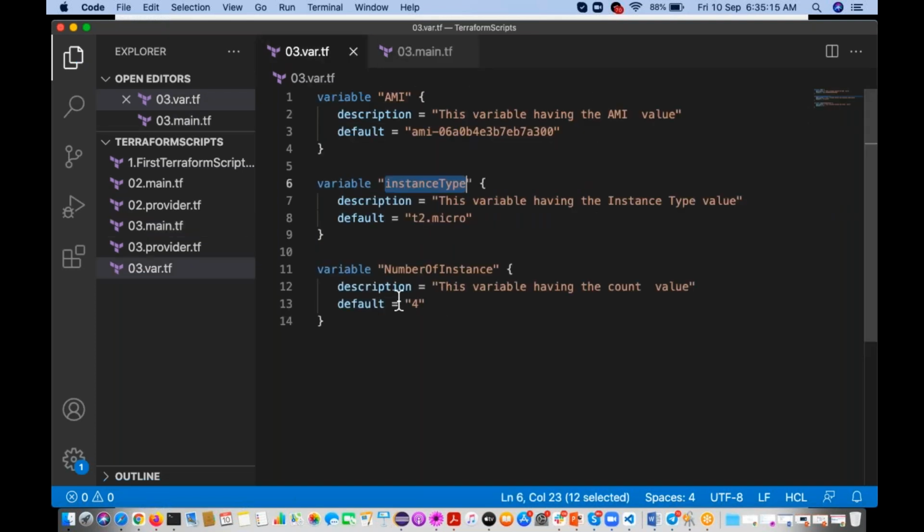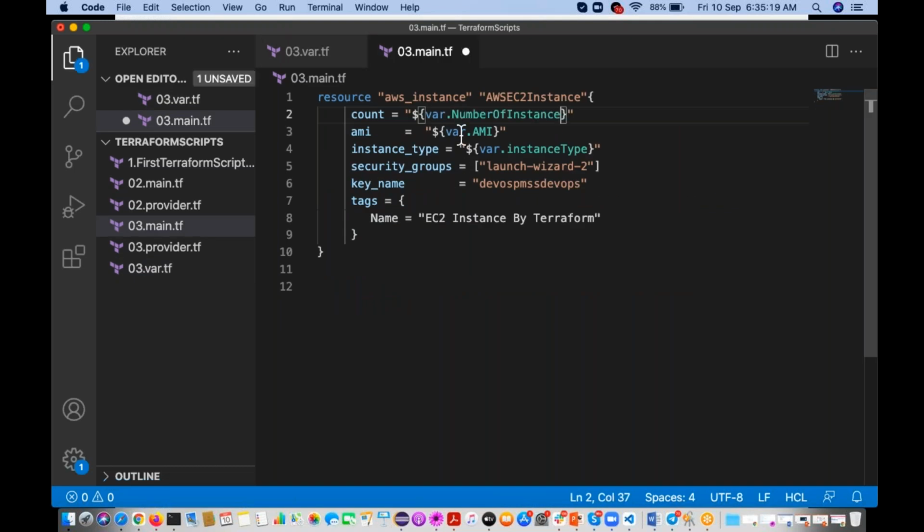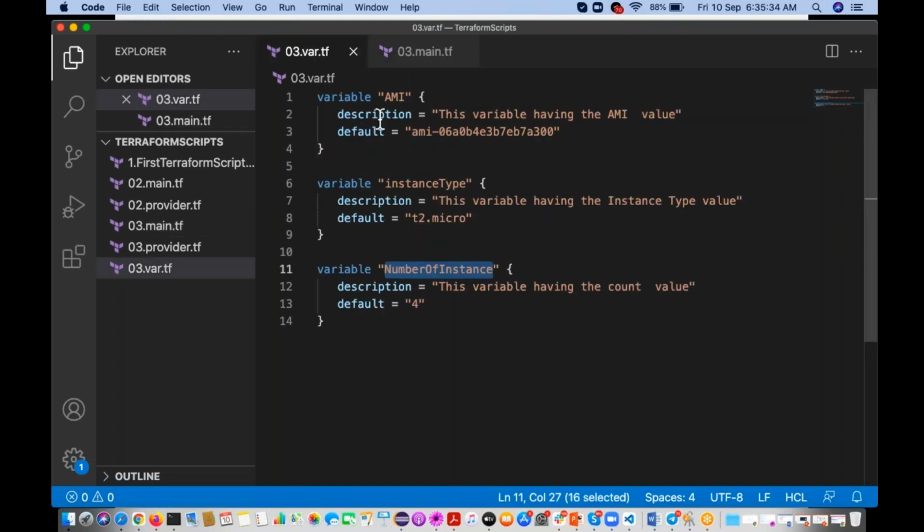See here, number of instances. Like this we are going to get these variable values, you have to give the variable name. This variable name we have already created in the variables tf file. So like this you have to create.